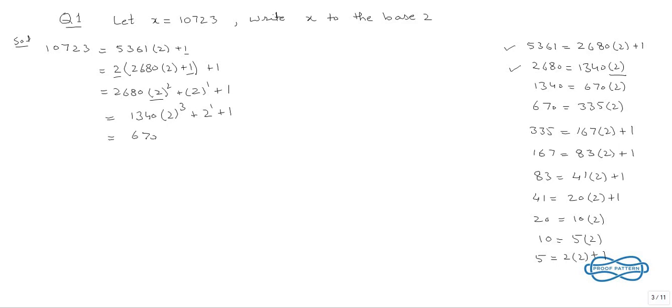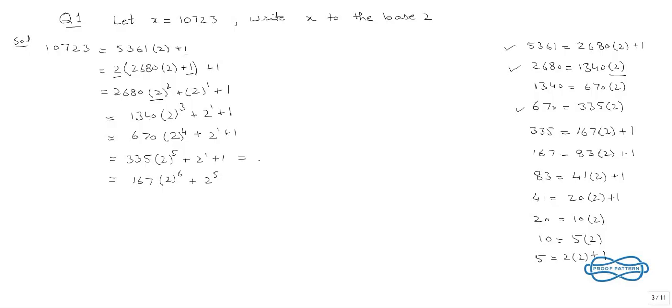We will get this expression, 2 to the power 4 plus 2 to the power 1 plus so on, and now 670 can be replaced with 335 into 2, and we will get 2 to the power 5 plus 2 to the power 1 plus 1, and similarly we will continue in this way until we reach the situation, and that is actually 2 to the power 6 plus 1,